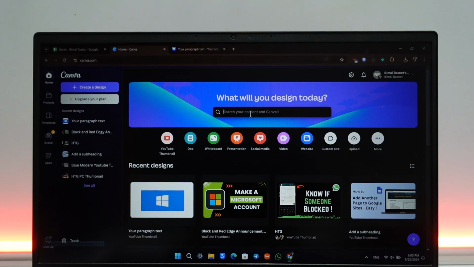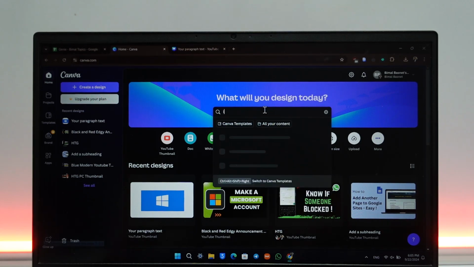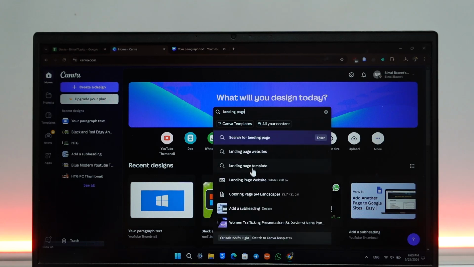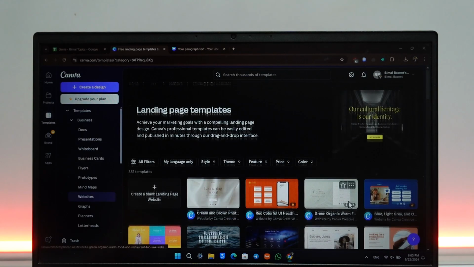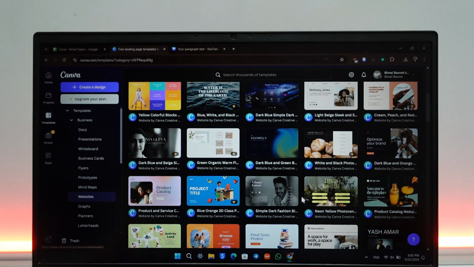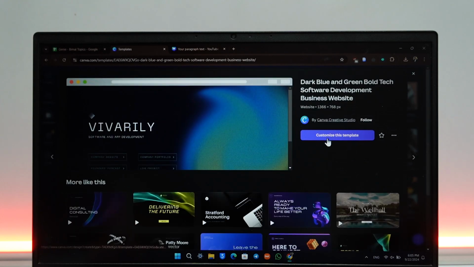first go to canva.com, and here we can search for a Canva template, like maybe a landing page, let's say, and you can search for landing page templates. So we will search for landing page website, and there are many templates right here. So based on the theme that you are looking for, just go to a certain design and click on customize